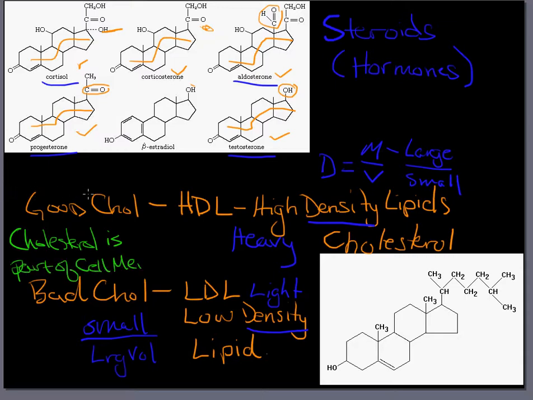So cholesterol is important to us. It's not that we don't want it in our diet at all, but we want to make sure we have the right kind. So this HDL that's heavy is no good because, or pardon me, is good. Let's start over again. The HDL that's heavy is good